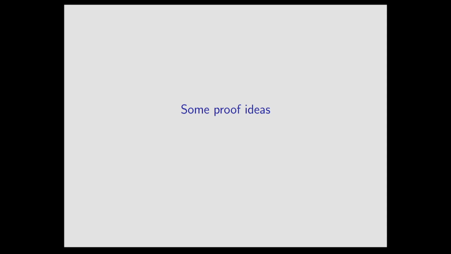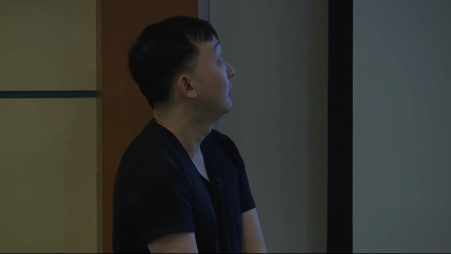In maybe the last 10 or 15 minutes of the talk, let me try to explain some of the high-level ideas of how the analysis goes. At a high level, the idea is quite simple. We're going to do a two-stage leave-one-out analysis, or a two-stage Schur complement analysis. And perhaps some of the things I'm saying might also apply to nonlinear models, I'm not sure. I'm just going to talk about this Kronecker deformed random matrix model.